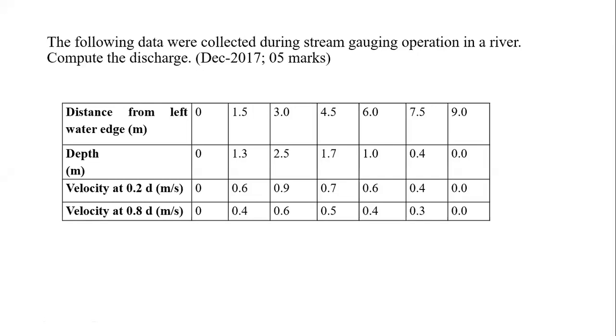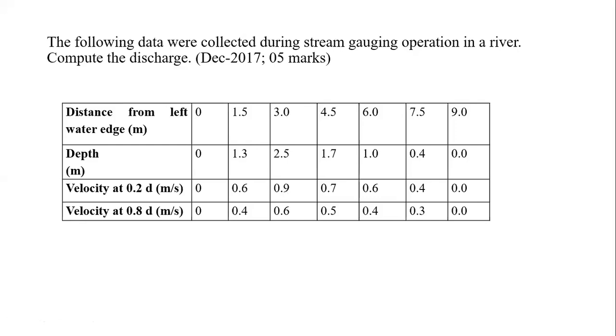So at 0.26 meter and 1.04 meter they have measured the velocities, and they got the velocity directly as 0.6 meter per second and 0.4 meter per second. Similarly, at a distance of 3 meters from the left water edge, the vertical is there, where observations were carried out. At that point, the total depth of water is 2.5 meters, and the velocity at